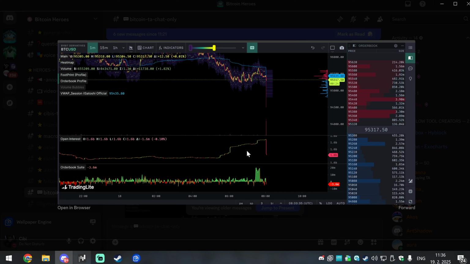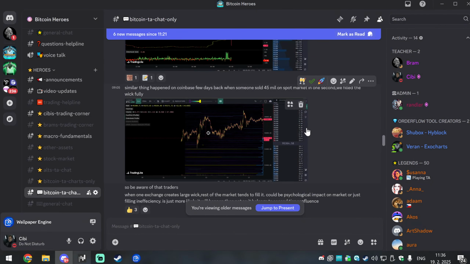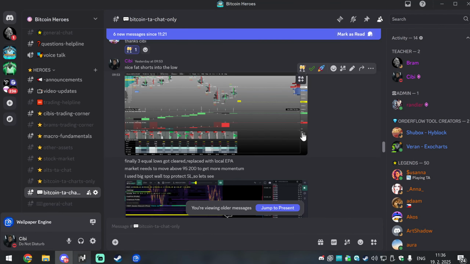This can be local longs or maybe from earlier, but maybe people were longing here. We can see that exactly in Exocharts, but this big drop was from longs closing, and the order books were not able to accommodate such a big sell in 1 second. So 50 million long closed. Okay, so this was the first interesting activity starting the day.